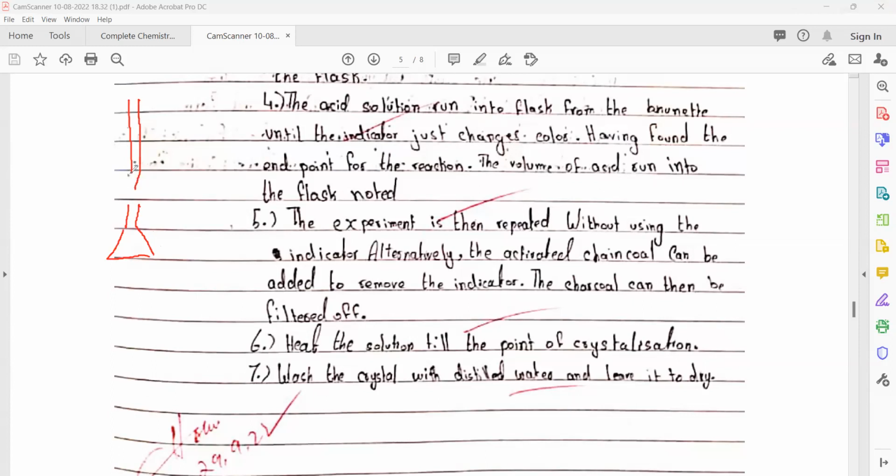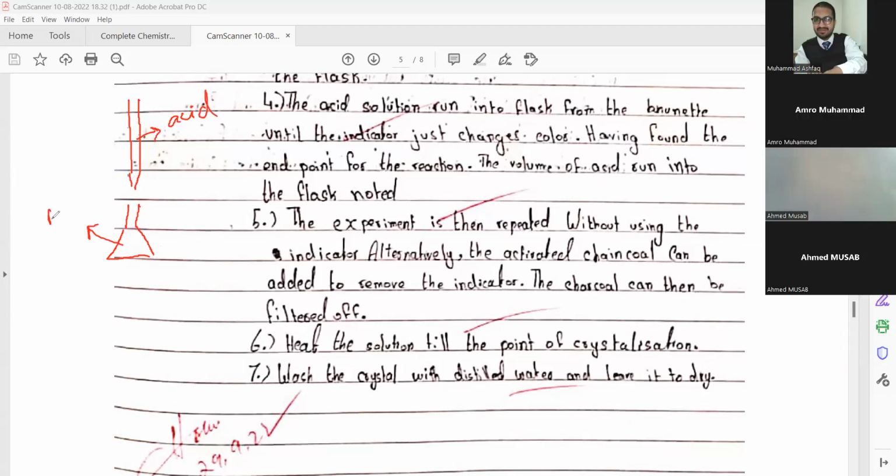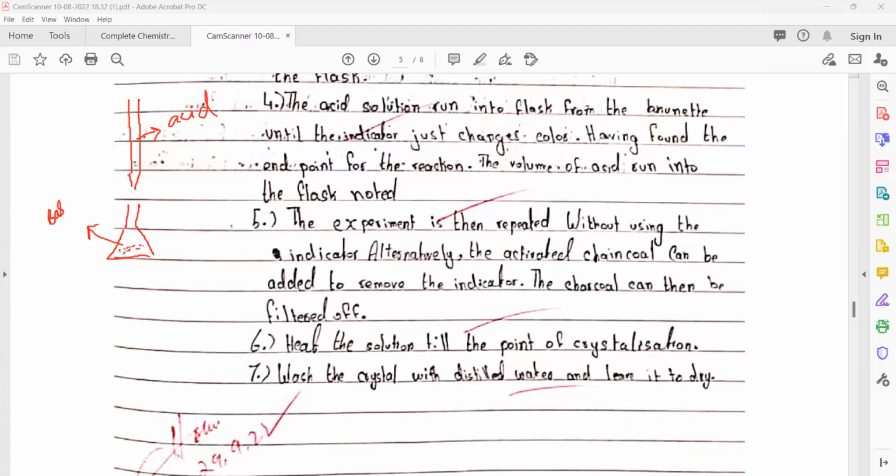From the burette the acid is coming out, and in the conical flask you have base or alkali, and you add a few drops of indicator to change the color of the base. Now what you do, you pour the acid drop wise and find the end